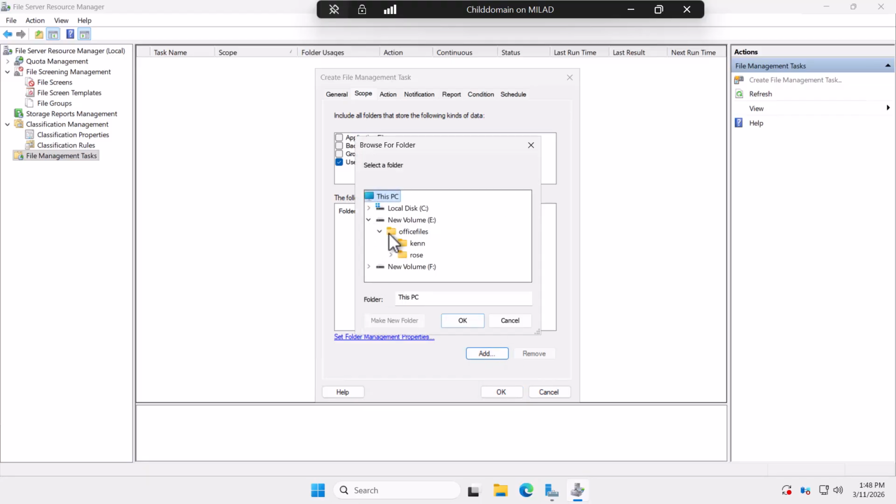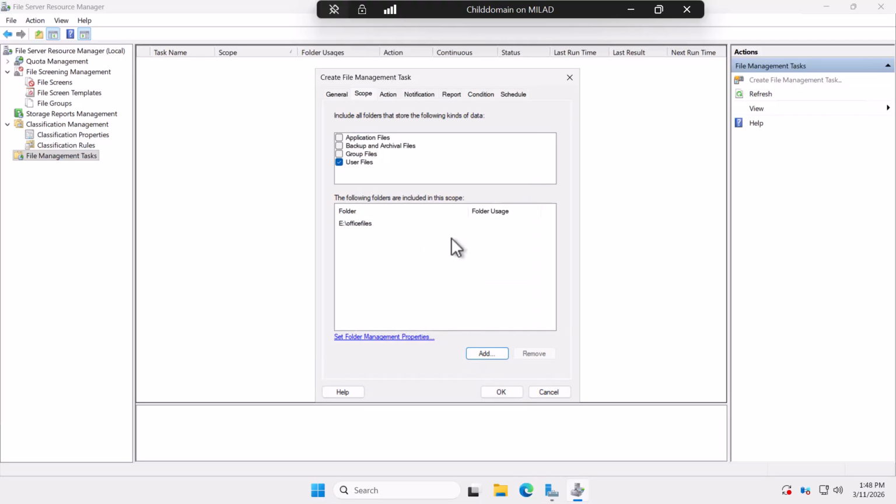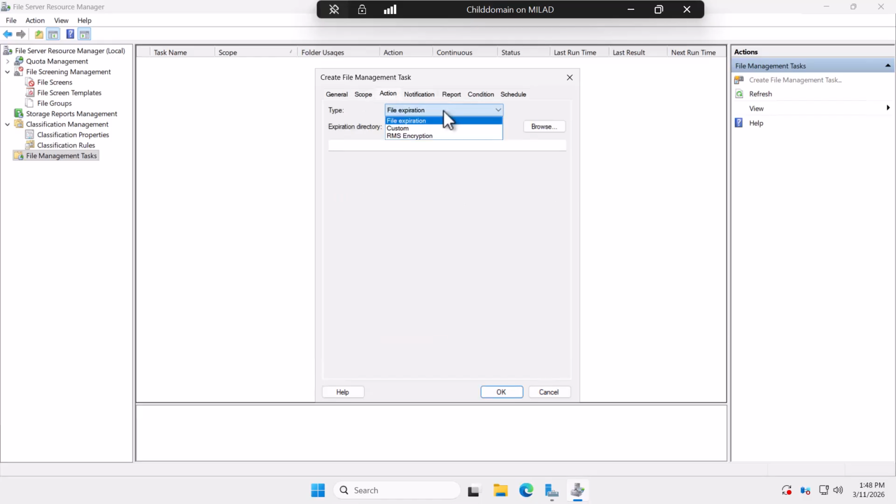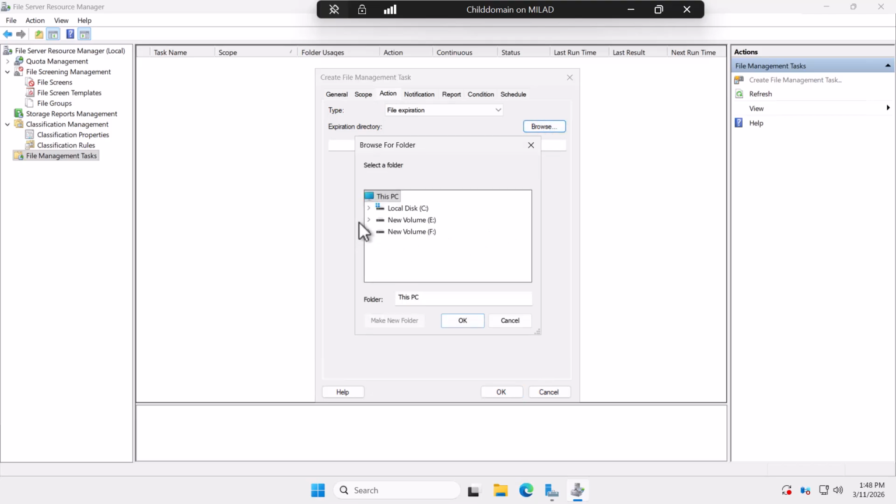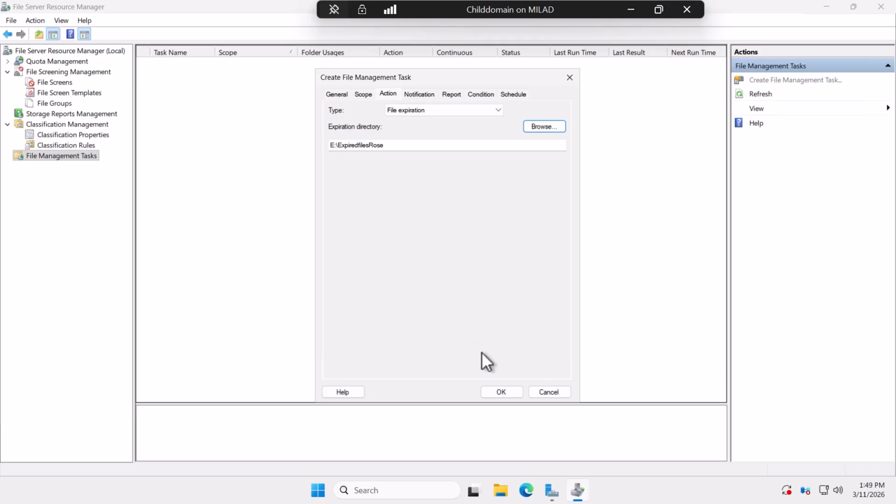In the scope, our files are office files. In action, I want this time file expiration. And where I want to put those expired files, for example, here I will create a folder and I will name it expired files Rose, then